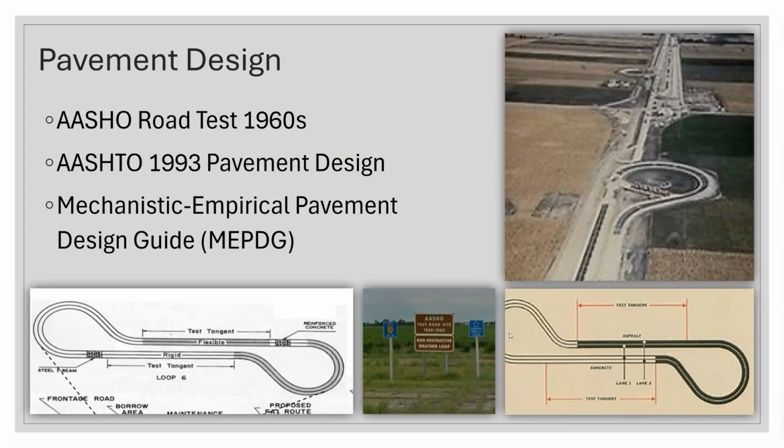So in the 80s and 90s, we were getting to a point of, we can do something better, but everything we did was based on what happened in that test track in Ottawa, Illinois. They built different types of sections. They put lots of traffic on it. They loaded those trucks and drove them round and round to simulate the effects of traffic to figure out how we can do a better job of designing it.